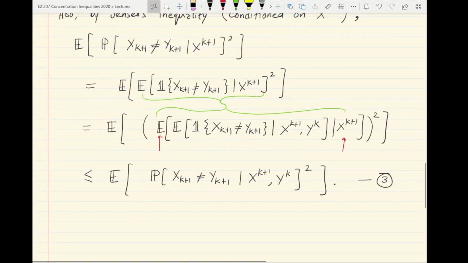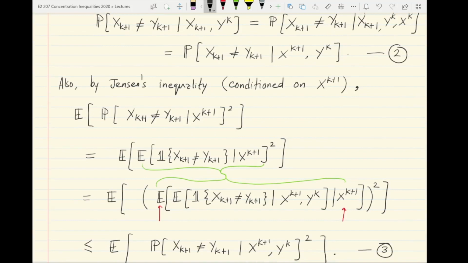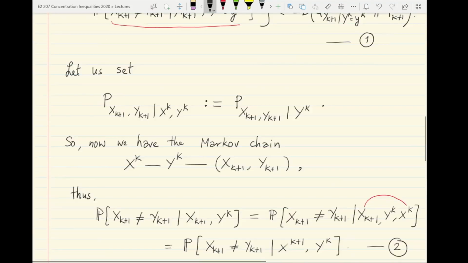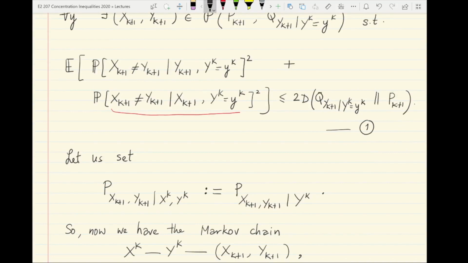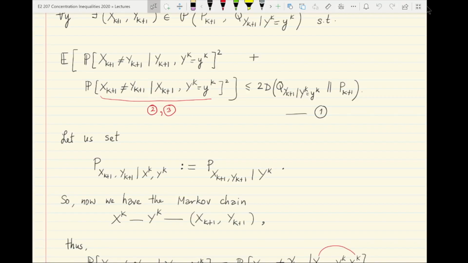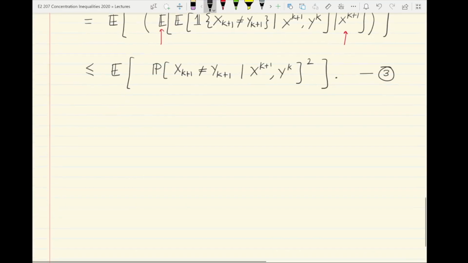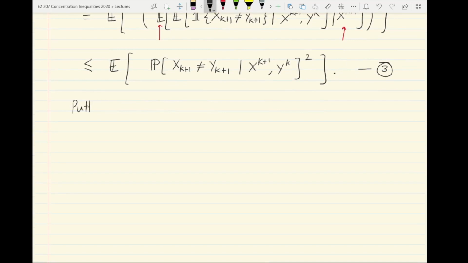So let's put 2 and 3 into 1. So let's go back to equation 1 here. If you look at equation 1 above, what equations 2 and 3 have helped us do is to basically give a lower bound for the second term on the left hand side. So we can now go back, and putting 2 and 3 into 1, we get